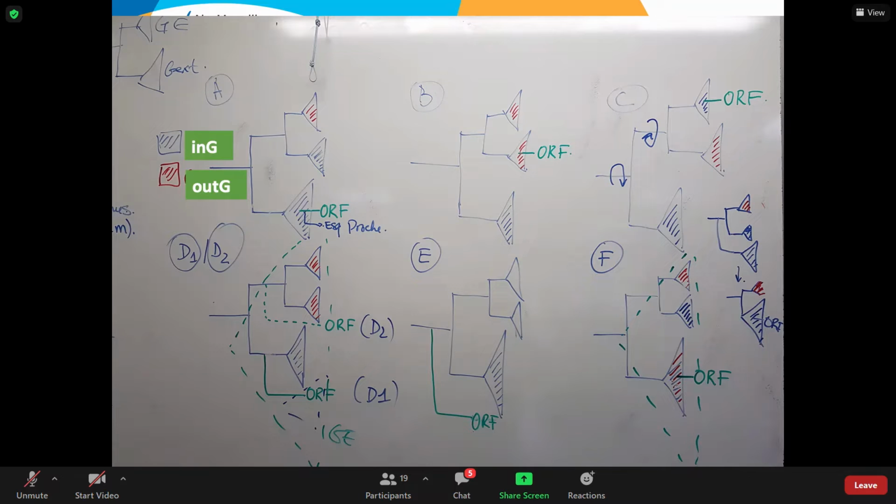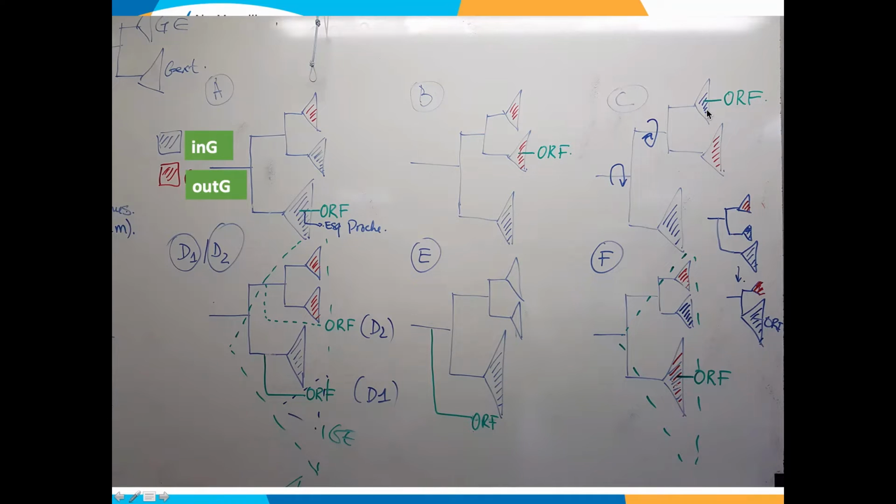From Anne, good or bad tree? C, good tree. Okay, so it's a good tree. You see, it's a good tree because your open reading frame came out inside a monophyletic group of your in group. Okay. So one way to have a proof that it's a good tree is that you can